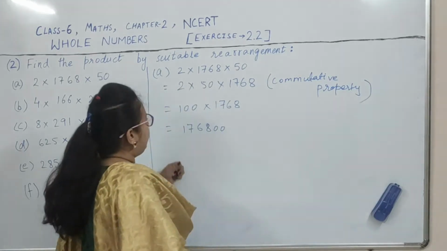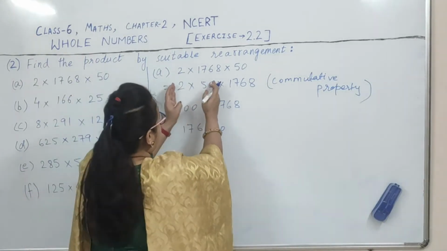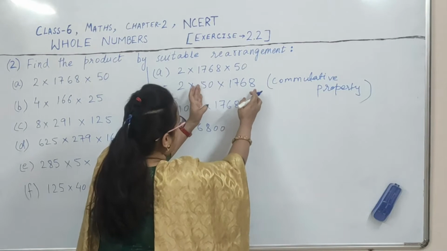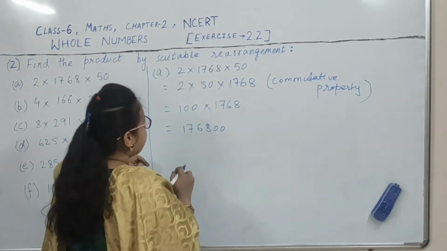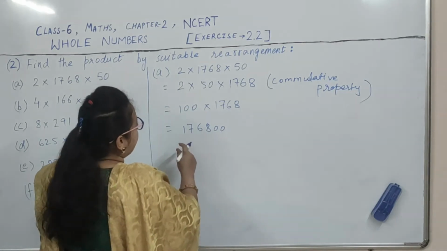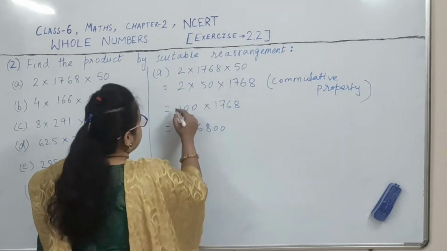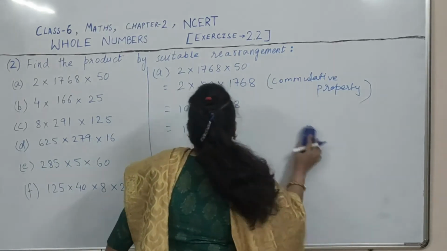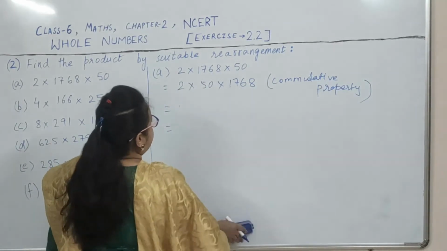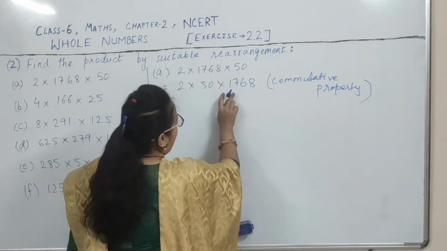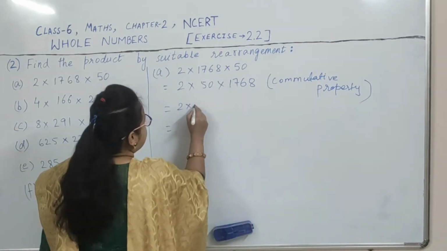Commutative property. Here, what did we do? We did not combine these two numbers. We have not multiplied these two numbers, right? We have multiplied these two numbers. It means we have combined these two numbers. I'll write it in the next step. Okay, here we have used the commutative property, and in the next step we will